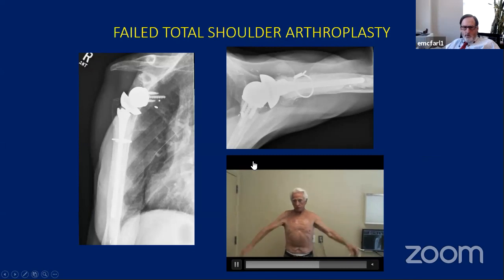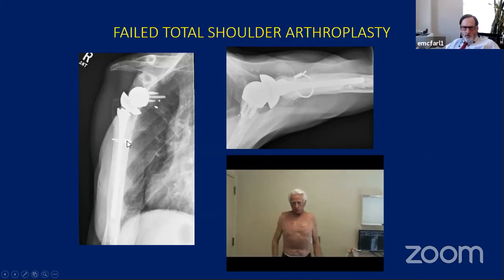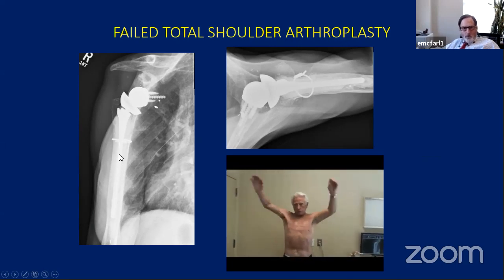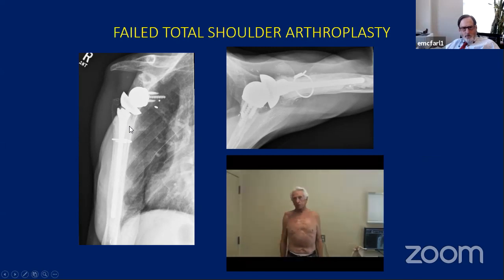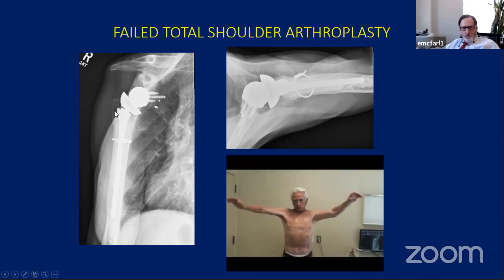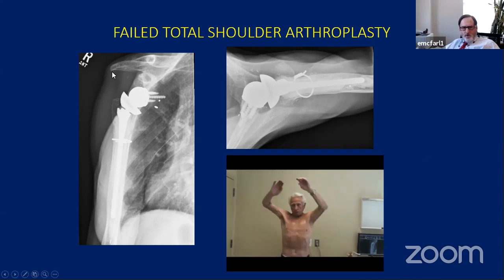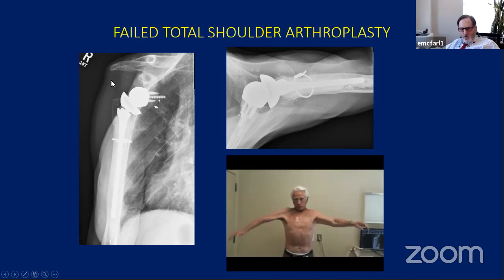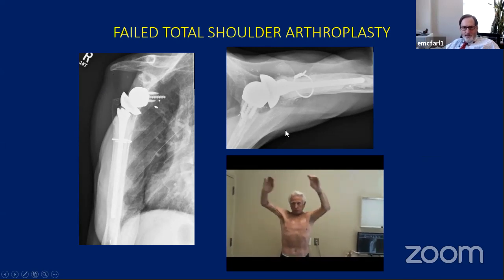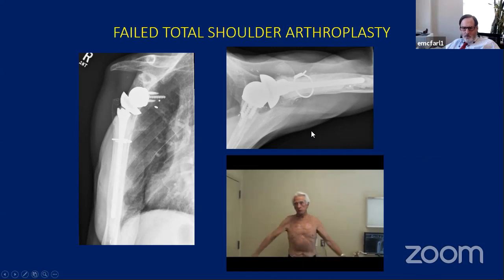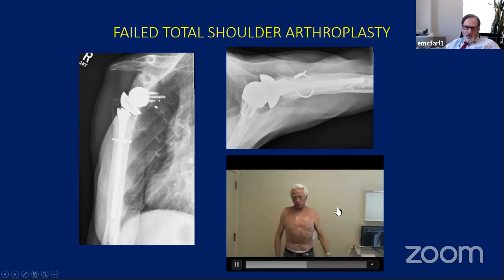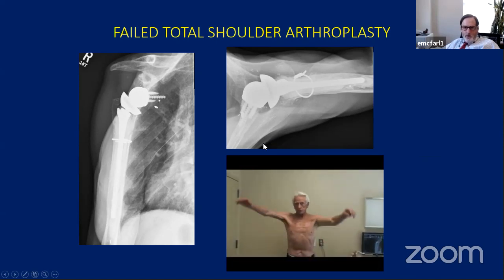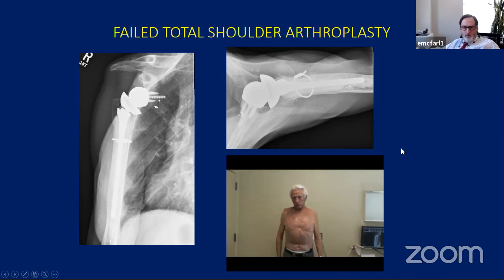It's almost unbelievable. We did manage to crack his humerus here. Actually, we had to split it to get his component out. But at least his tuberosity is involved. And so some people, particularly if you bring the base plate down low, they get this sort of sulcus out here. It's a little unsightly, but it doesn't really affect their function very much in my estimation. So this is a guy who, in the past, we would have just told him too bad, live with it. And now he's really pretty happy with the result.